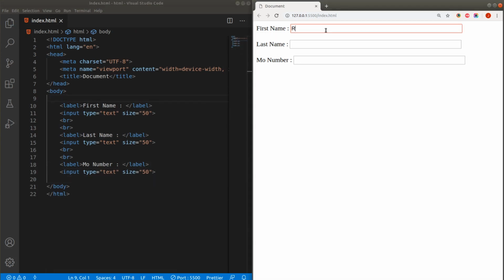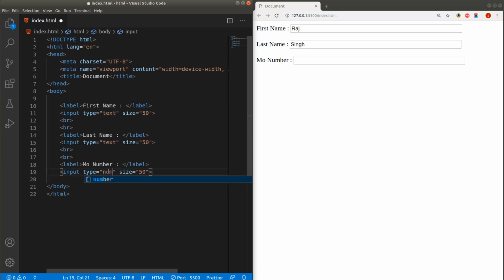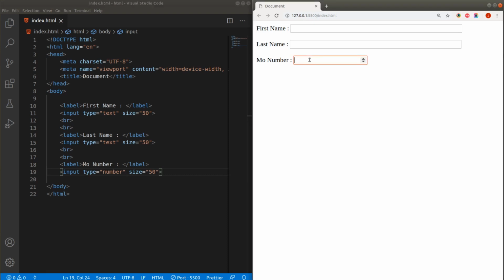So now I will try to add some input from the user. Okay, and the user comes in here and mistakenly types some text into our text box, but we do not want the user to type text in the mobile number field. That must be digits. So how can we restrict the user to type numbers only? We can simply come here and change the type attribute of our input element to number. Let me save the changes again, and if I go here and try to type text, I am not able to type the text, but I can insert a number here. Okay, I can insert any number. So in this way you can restrict your user to type numbers only if you want a mobile number or telephone number of that particular user.